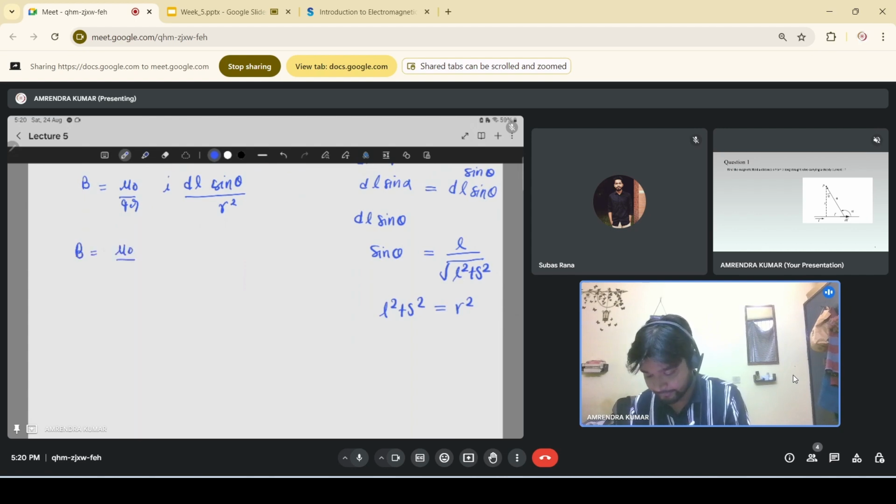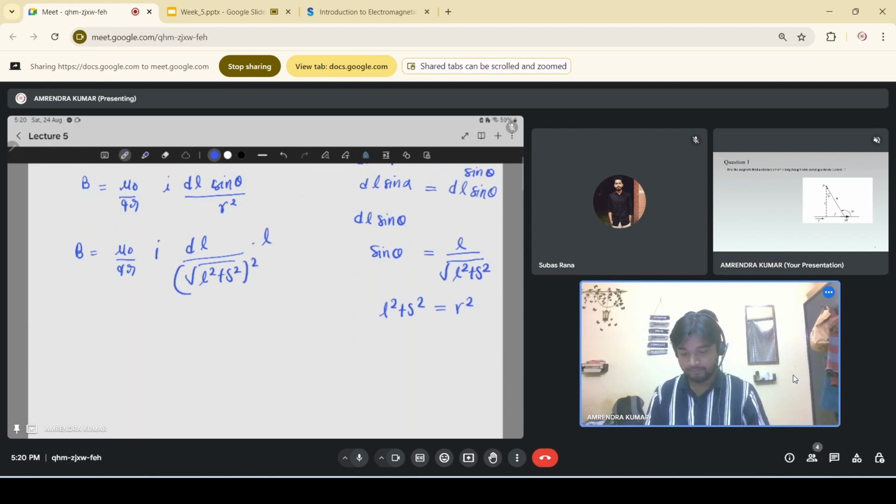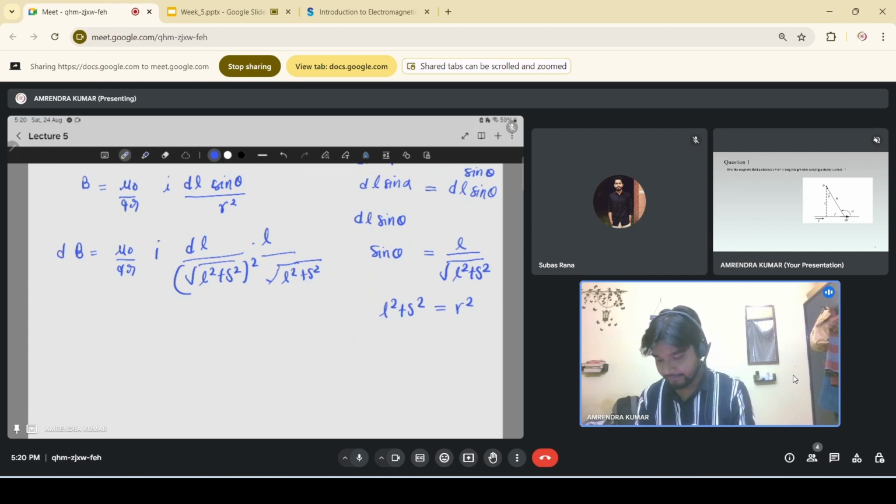तो हम यहाँ से लिख लेंगे बी इक्वल टू म्यू जीरो ओवर 4 पाई आई डी एल साइन थीटा की जगह पे हम लिख लेंगे डी एल, और यहाँ पर लिख लेंगे एल स्क्वायर प्लस एस स्क्वायर का होल स्क्वायर इंटू एल, और यहाँ से हम इसको भी लिख लेंगे अंडर रूट एल स्क्वायर प्लस एस स्क्वायर। तो हमने पहले आर लिख लिया अभी, और ये कॉस थीटा लिख लिया।